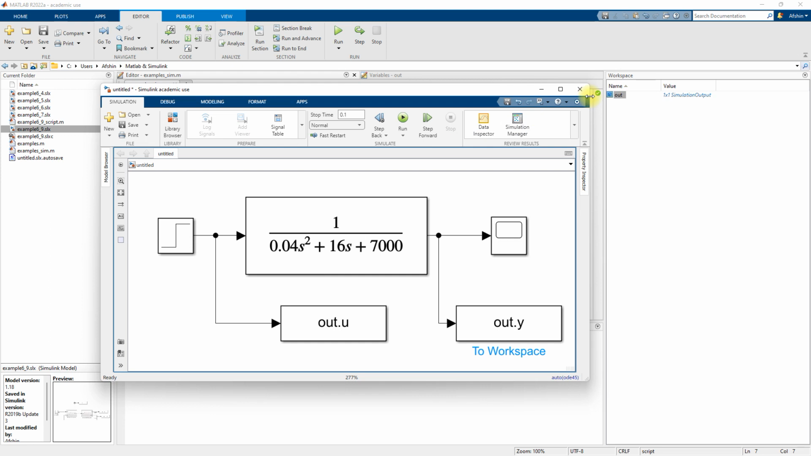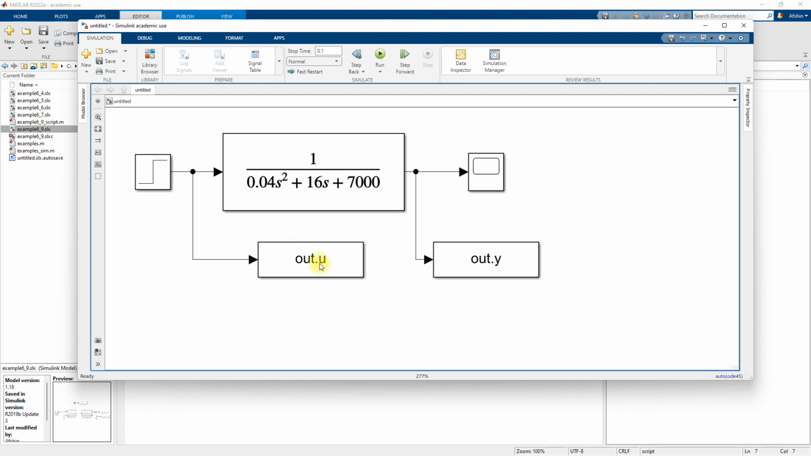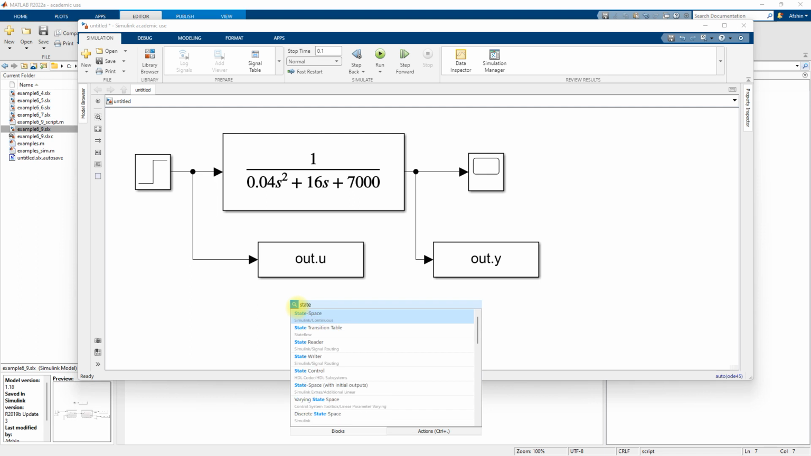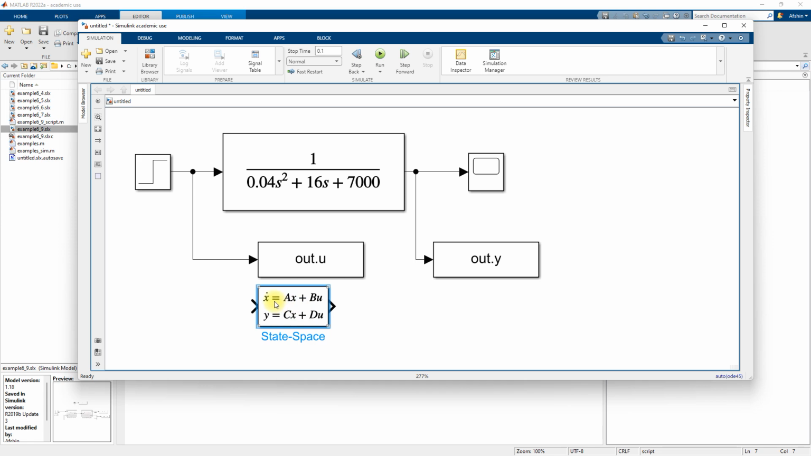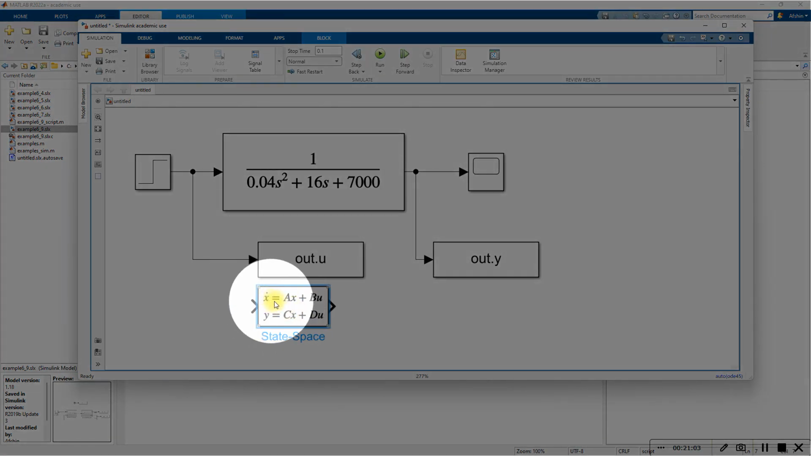But as we expand this, we're going to add another block that is our state space block so that we can actually compare the result. So I'm going to start typing state space. This is the state space from the continuous block. As you see, the face of this block is x dot equals Ax plus Bu and y equals Cx plus Du. The input to this block is our u,